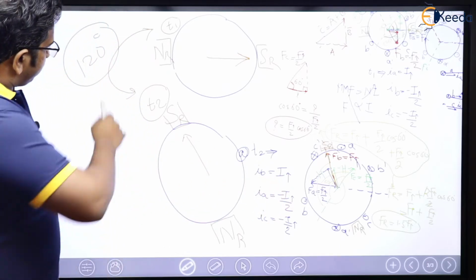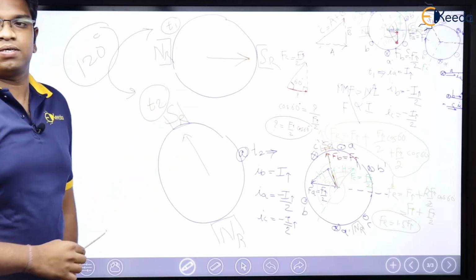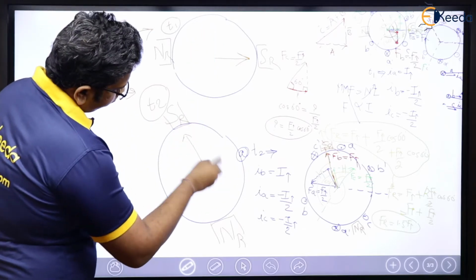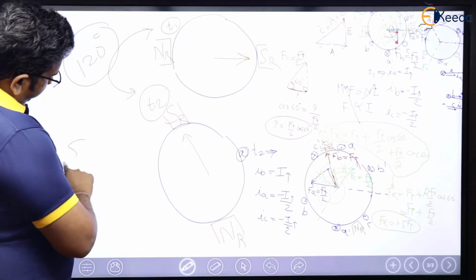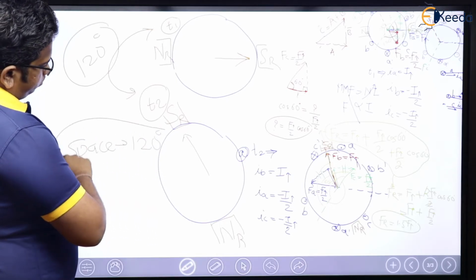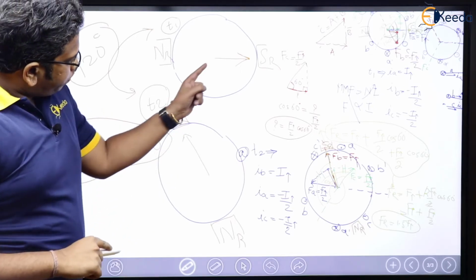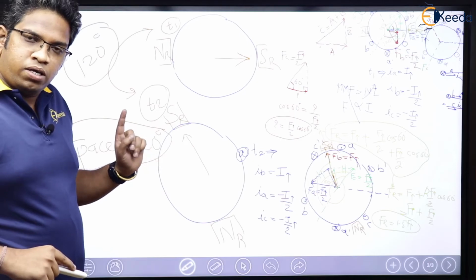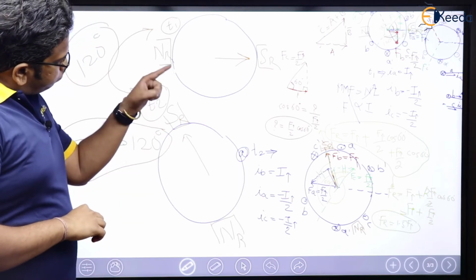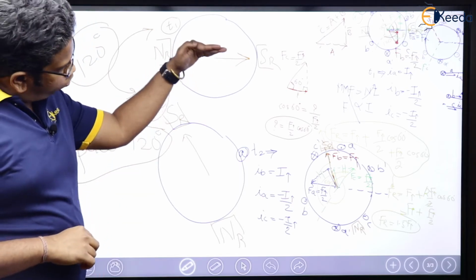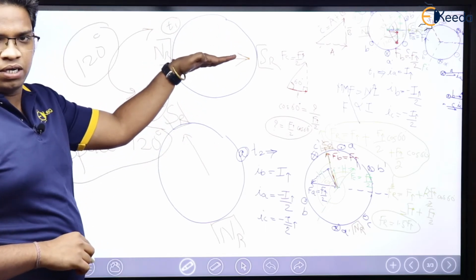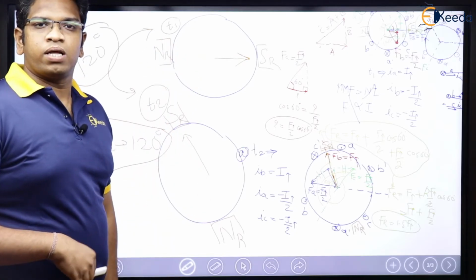You waited for 120 degrees in time, and then in space you got this one displaced here, this way. If you see now, in space the displacement is 120 degrees. In space also, the displacement is going to be 120 degrees. See here, in time you waited for 120 degrees. So in space, this rotating magnetic field rotated from here to here by 120 degrees. Here, this is the first case at T1, to here in T2. I hope it is clear.